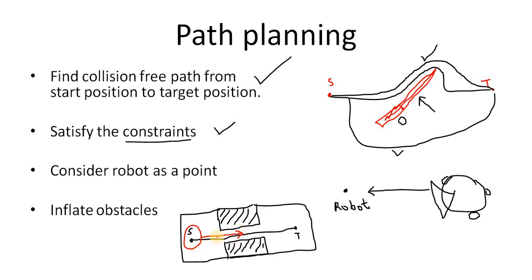Of course no, because the robot is bigger, and this area is smaller. So the robot cannot go here. So for this purpose, what we do is, when we take the robot as a point, we make obstacles a little bit bigger also, so that they represent the actual size of the robot. It's called obstacle inflation. We inflate the obstacle, we make the obstacle bigger proportional to the size of the robot, the radius of the robot. Okay, so now our obstacles are like this,